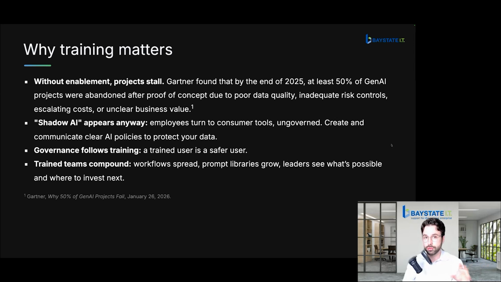And if you don't train people on this stuff, they might still just use DeepSeek anyway. I'm not joking when I say I've worked with a good amount of companies that are like, hey, how do we get people to stop using DeepSeek on their phones? My goodness. Anyways,